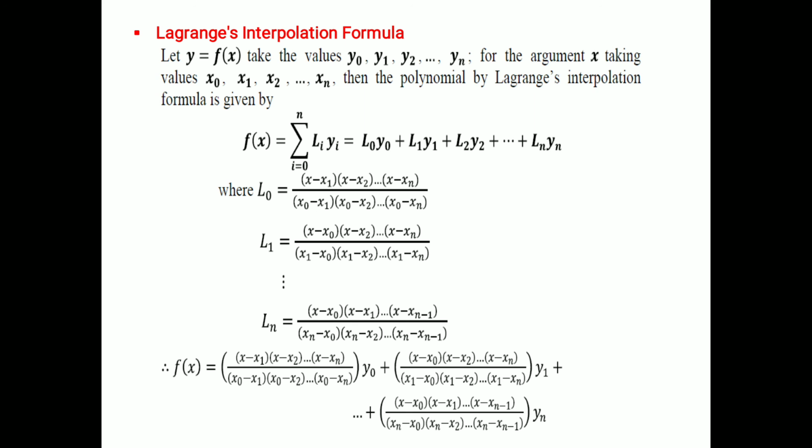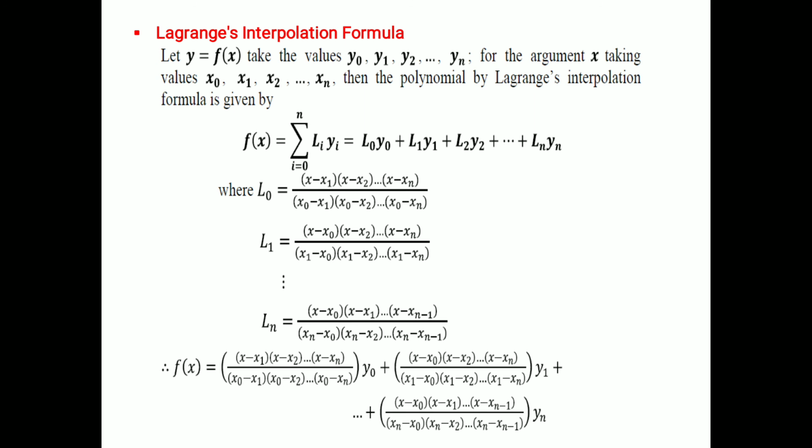By adding all these values of L0, L1 up to Ln, multiplied by y0, y1, yn to each term respectively, we get the final Lagrange's formula, which is given by f of x is equal to the value of L0 into y0 plus L1 into y1 plus L2 into y2 plus and so on, plus the value of Ln into yn. So this is the Lagrange's interpolation formula